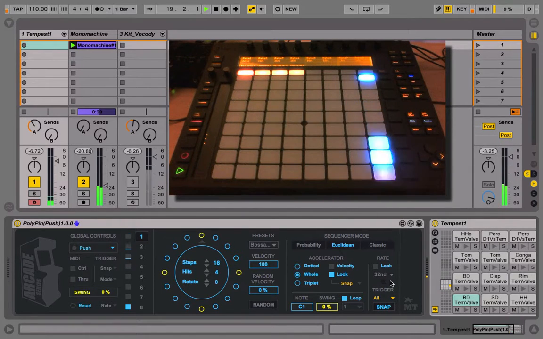You have some choices as well, so you'll see that this menu becomes active when lock is turned off, and it's whether you want to force the rate to be either whole notes, triplets or dotted. At the moment it's set to all, which means it will go through everything that's on the menu, based on your velocity. Or you could just choose whole notes, and that way